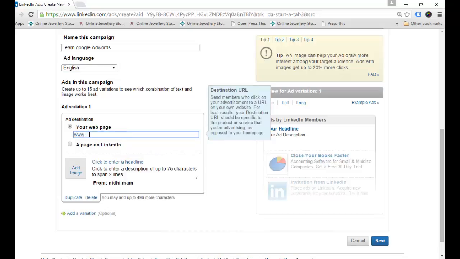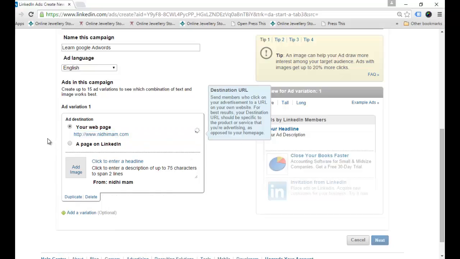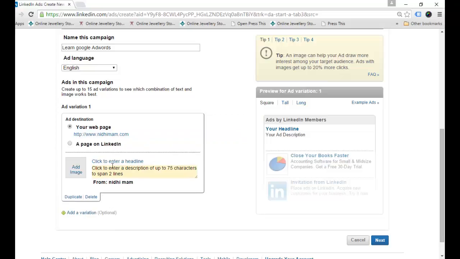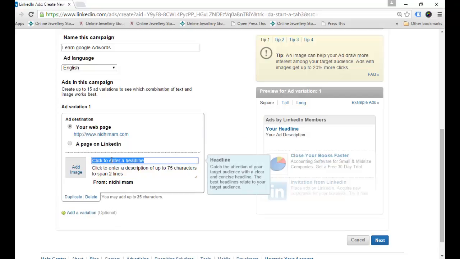So I'm just making the advertisement for my website promotion. So I'm just writing my website. You can select any landing page or any page you want to promote. I'm just giving the main page or the home page. After that, it is asking for any headline you want to give for this campaign. So I'm just giving the same thing,